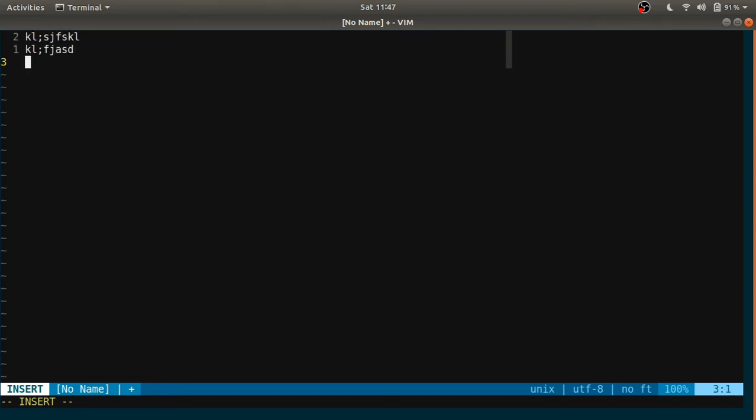For example, I'm inserting some text here, and for navigation in Vim, we don't need the mouse key, and we don't need the arrow keys. Let me show you why we don't need mouse or the arrow keys. The thing is, we can use H, J, K, L. H is for left, J is for down, K is for up, and L is for right arrow key. We can use HJKL. This will be really useful when you guys know what touch typing is.